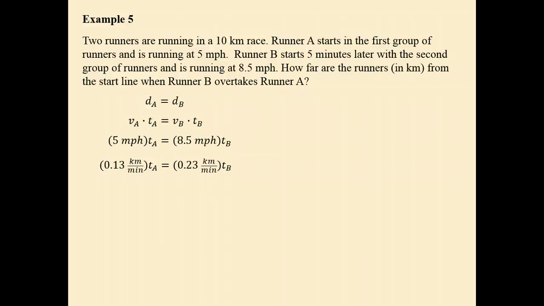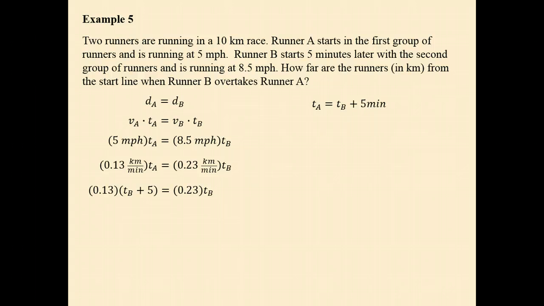Okay, so now we have an equation that contains two variables, time of runner A, time of runner B, and we need to solve for one or the other to help us get to our answer. But we do happen to know how these two variables are related to each other. We know that runner A started first, and 5 minutes later runner B started. So runner A's time is going to be equal to runner B's time plus an extra 5 minutes of run time. So I can use that and plug into my equation over here where I had TA,